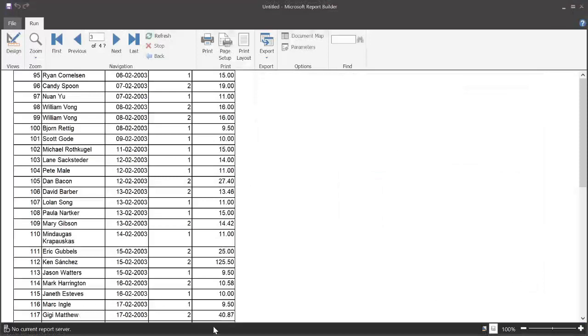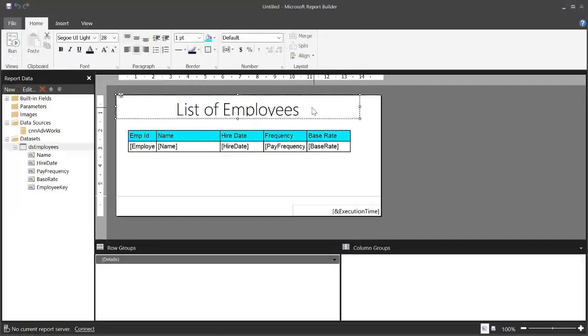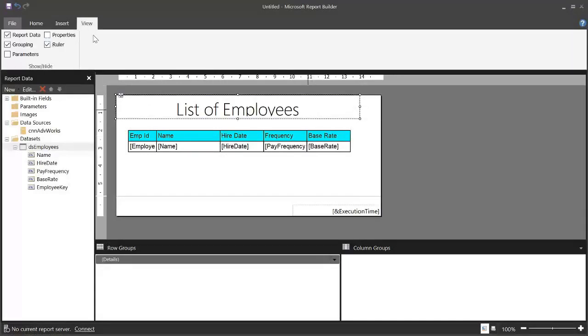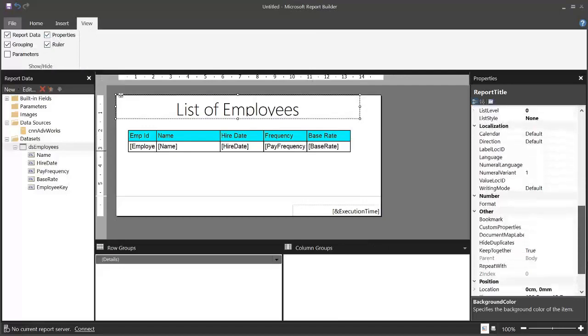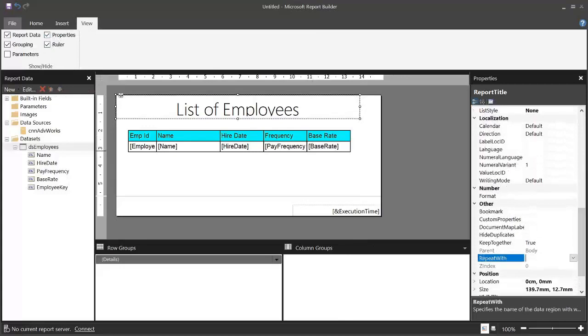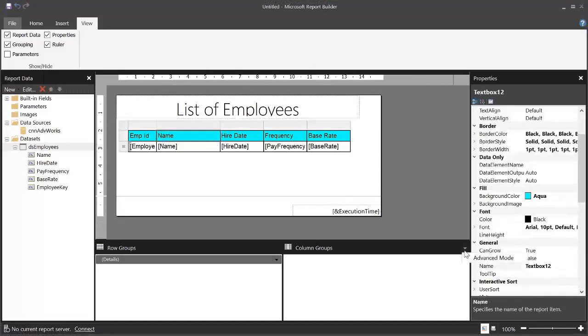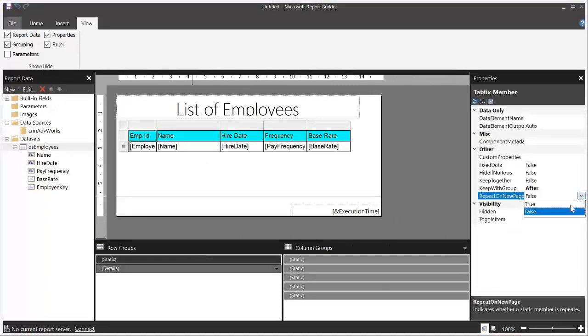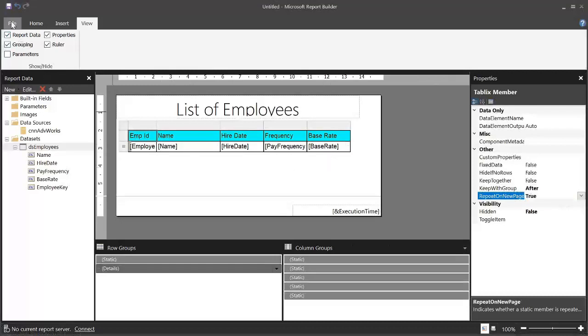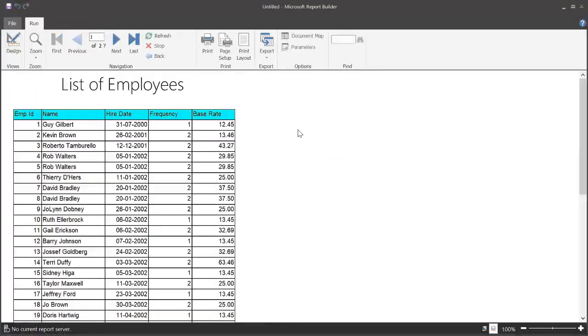So what we can do is go to the design tab, click here, and click on the text box property or view here, view properties, and herein we need to set some of the things, and herein for this one we need to say advanced mode, and click on the properties and repeat on new pages true, and go to home, run again, and if we export it now,